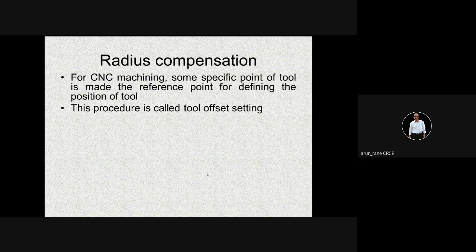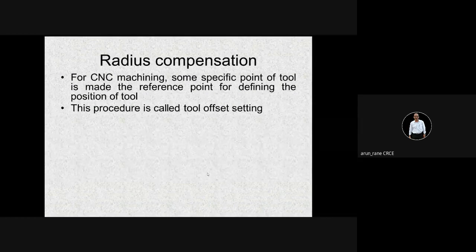and if my tool diameter is say 20 mm, then instead of X50 you have to program X60. That is, the radius of the tool has to be considered, and instead of Y100 you have to give Y110. Every time you need to remember what my tool diameter is, and write the program like this.